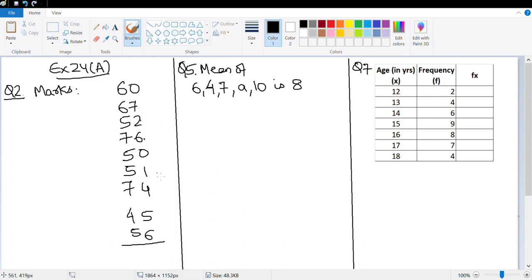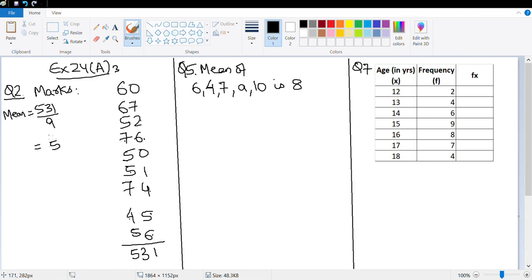That's 9, 15, 20, 26, 31. So that's 1, 3. That's 9, 15, 20, 27, 32, 37, 44, 48, 53. Let me just check once again. 12, 17, 24, 34, 41, 45, 50. That's 500. 510, 515, 516, 522, 524, 531. Perfect. So therefore mean will be equal to 531 upon 9, which is equal to